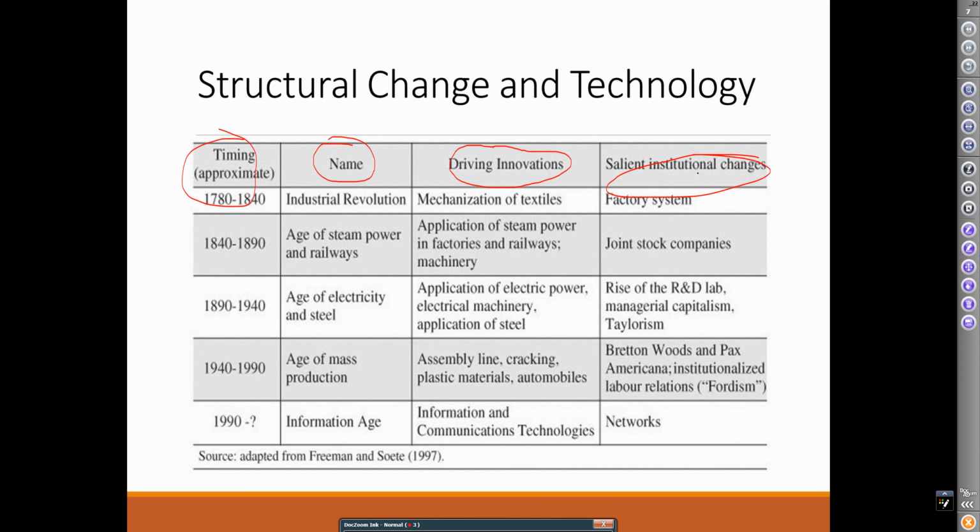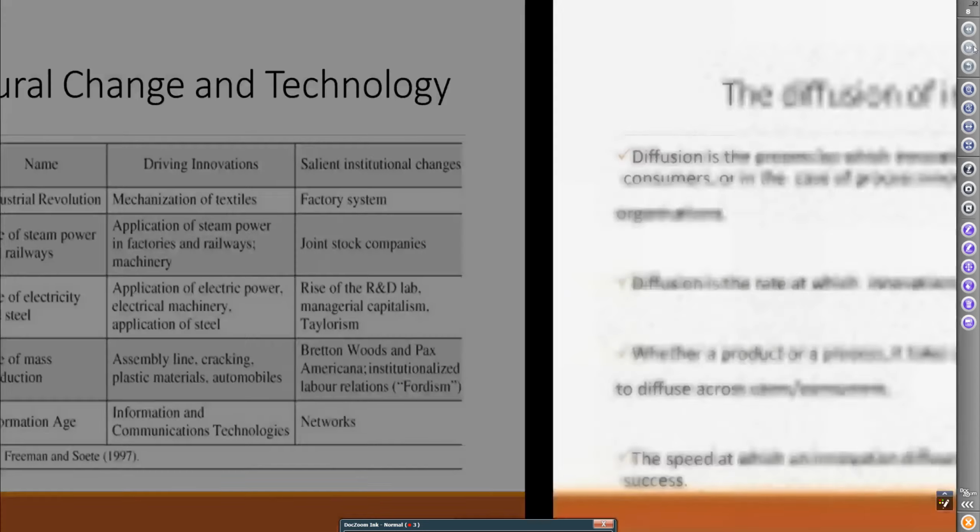So, the institutional changes moved to the factory system. So the factory system was organized at that time. What's happening right now, in the information age, we still live in the information age, the last period. Of course, the driving innovations are information and communication technologies, networks. The institutional changes which happened almost 30 years ago are social networks and different organizational networks,